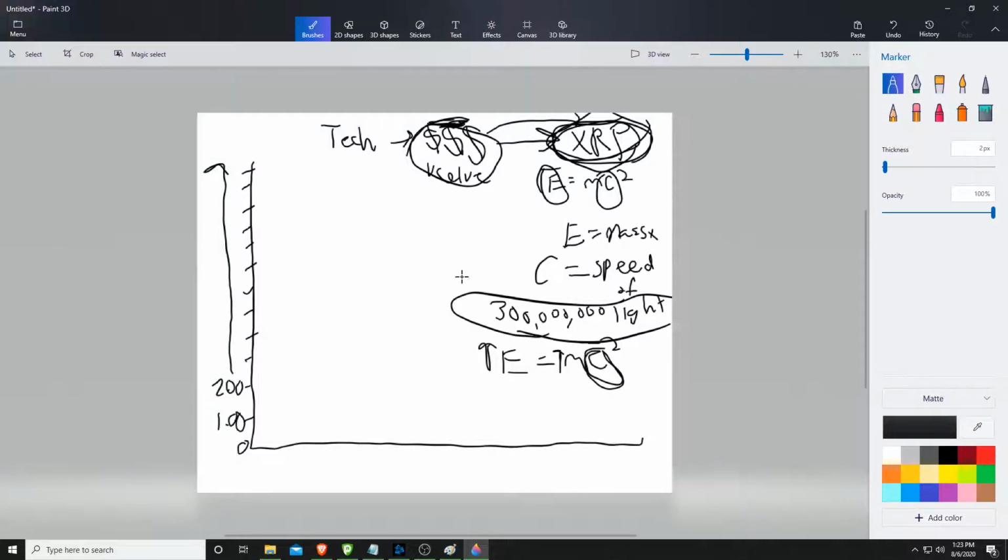So when you see these corporations saying we are moving things at the speed of light, or we're doing things at the speed of light, what they're saying is they're doing something based off of this constant that light travels 300 million meters per second, right? And they're adjusting what they're doing based off of that constant. So what we are now beginning to see is that